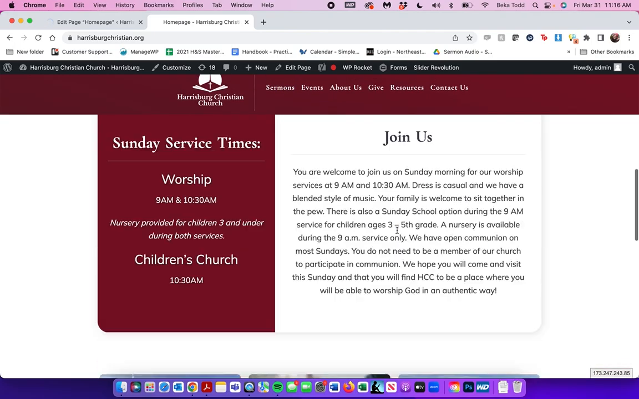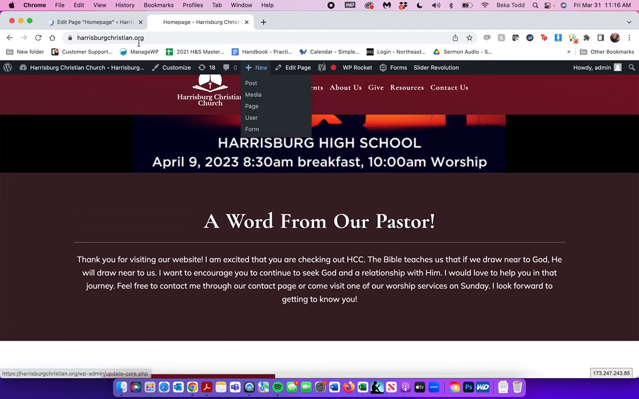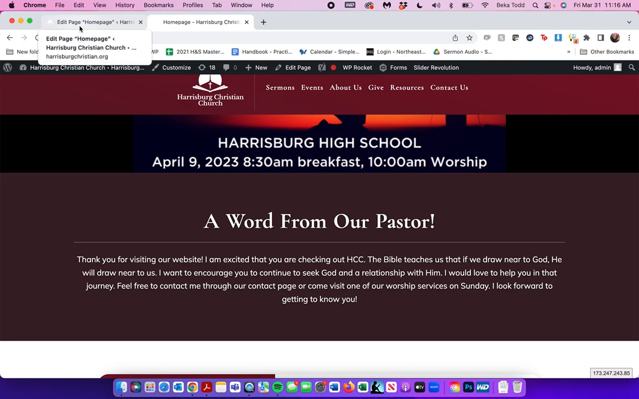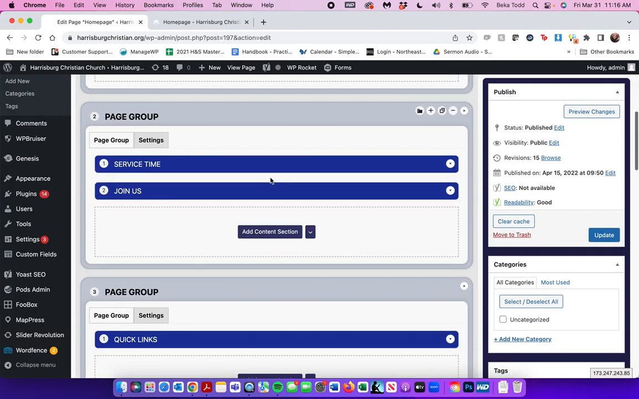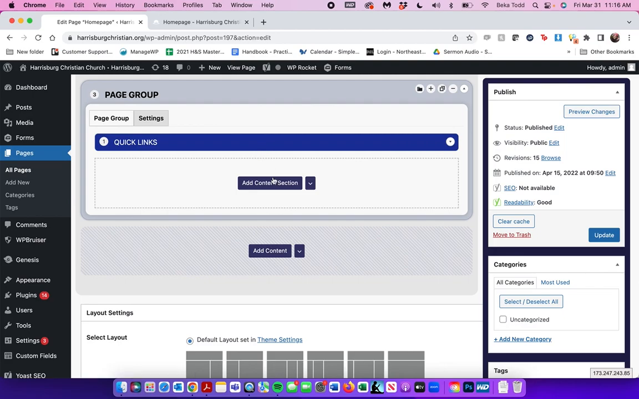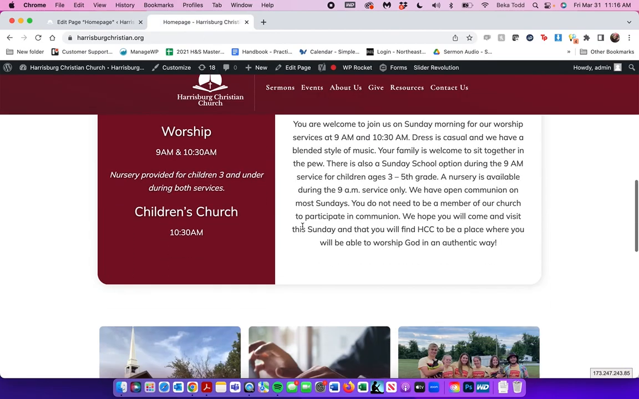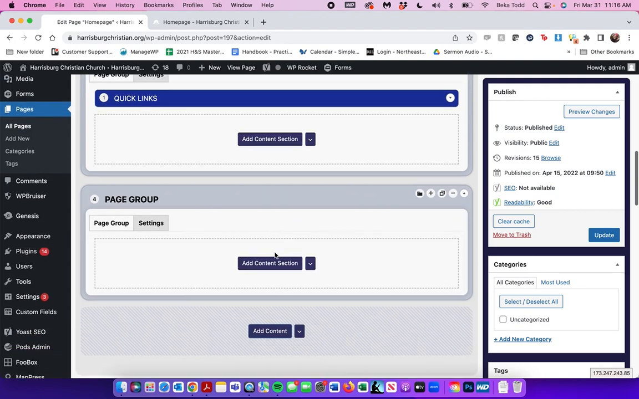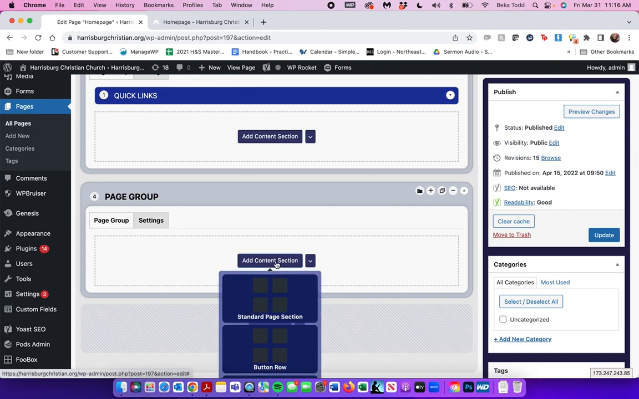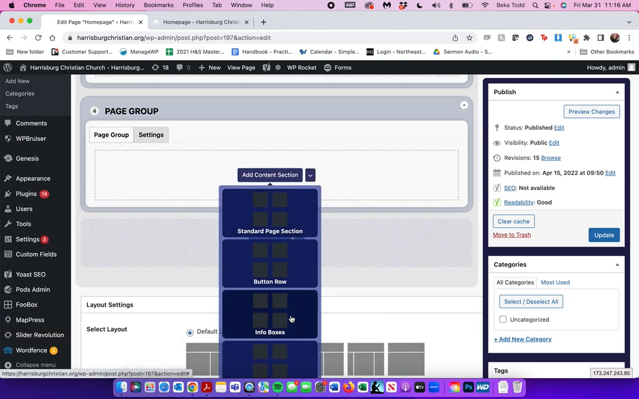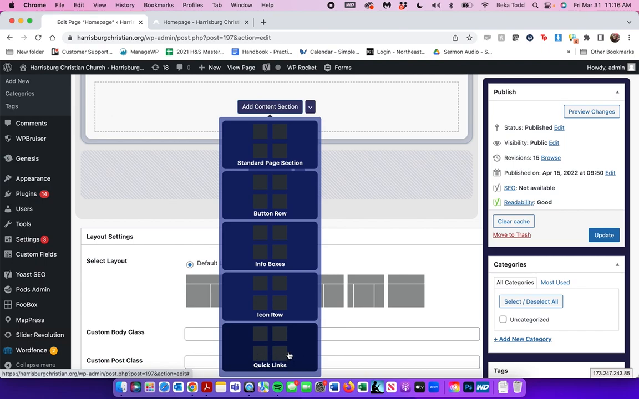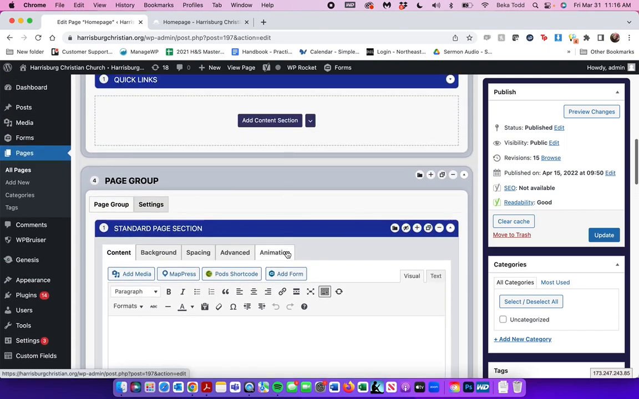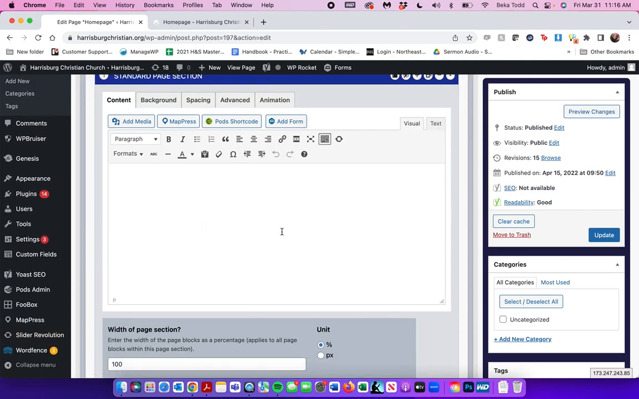So let's say you want to add just a full section, a full page section onto any page, the home page or any page. It would work much the same. The way I would suggest doing it is click add content section. And so then you've got standard button, info boxes, you've got different things. We have the quick links that we're using, but let's just click standard page section. And from here we'll say